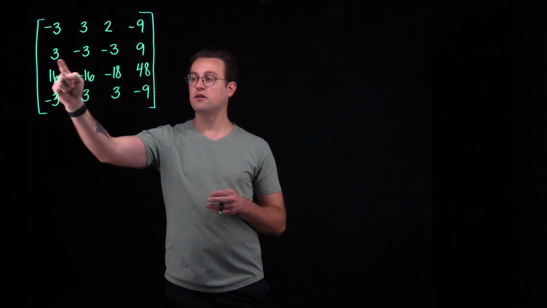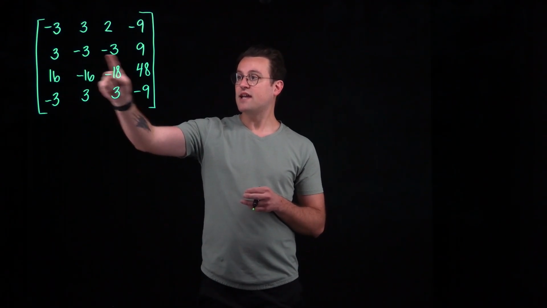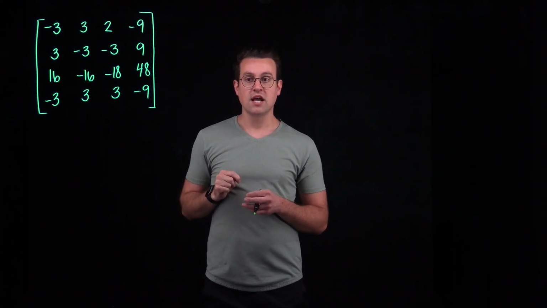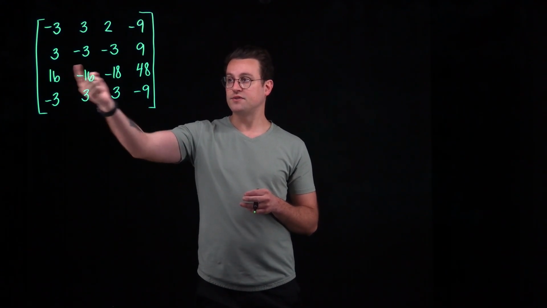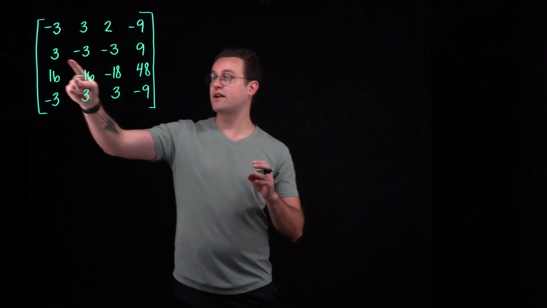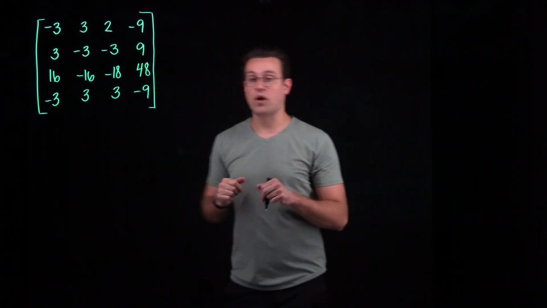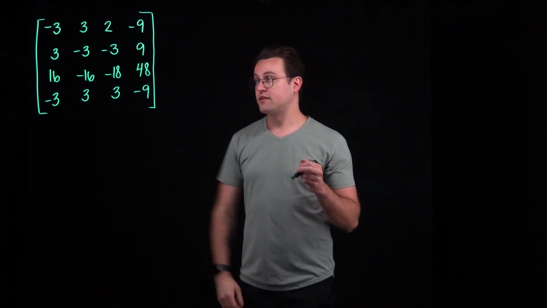We can't always avoid it in these kinds of cases, but if I notice the third row, all of the entries are a multiple of 3. So if I multiply the second row by 1/3, that's going to give me all integer values in the second row, which is a good sign. So instead of trying to get a 1 there, let's swap those two rows and then get a 1 in the first slot. That way we can avoid the fraction.